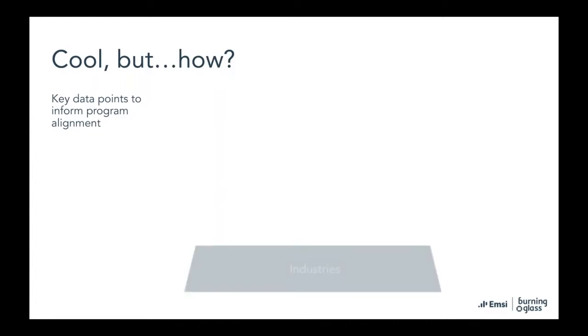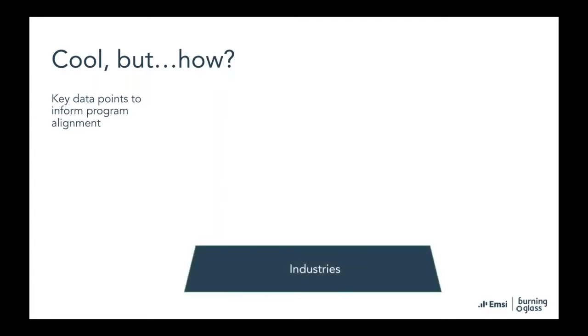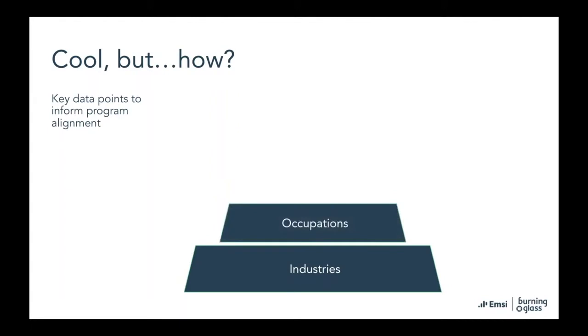And we're going to approach this by starting with a look at the different layers of labor market information. So it starts with industries. I have that at the bottom as a foundational category because that tends to be the broadest way of looking at the economy, breaking it up into different industries using NAICS codes from the North American Industry Classification System. And then you can get a little more narrow by looking at the occupations within those